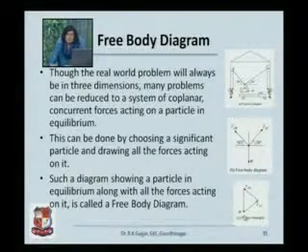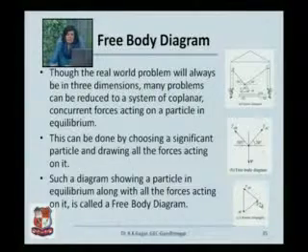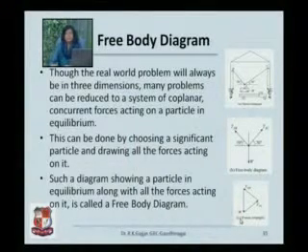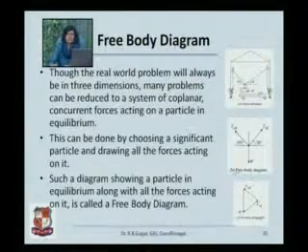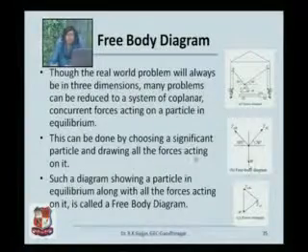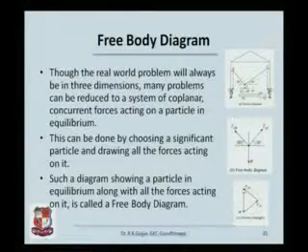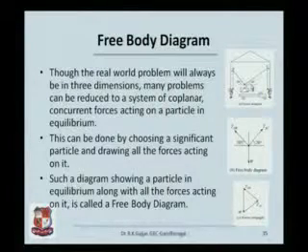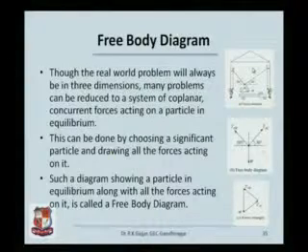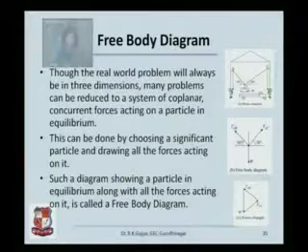Draw the force triangle, draw TAC to the tip of it, draw TAB to the tip of it, draw W. This is a body in equilibrium, and therefore the resultant is going to be 0, and you will be able to find out the unknown forces TAC as well as TAB. So this is the whole concept of trying to find out a simpler figure from the space diagrams, which we will call the free body diagram.